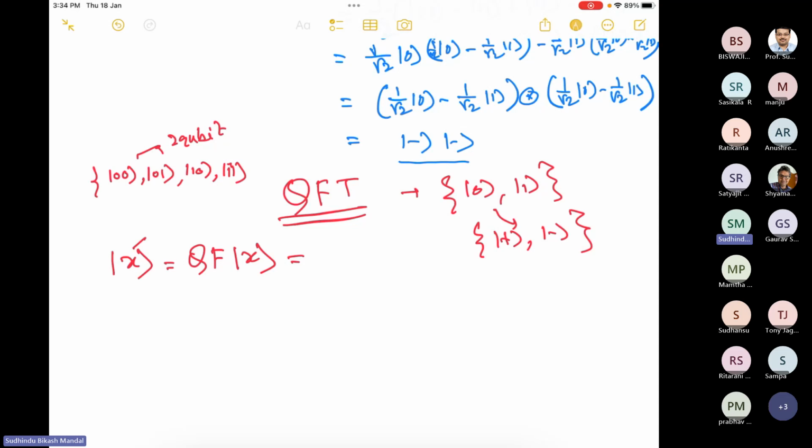The computational basis becomes 00, 01, 10, 11. There are 4 states, and in the case of a single qubit, there are 2. So for the n qubit case, we have 2 to the power n computational basis states. I take another variable, N, which is 2 to the power n.